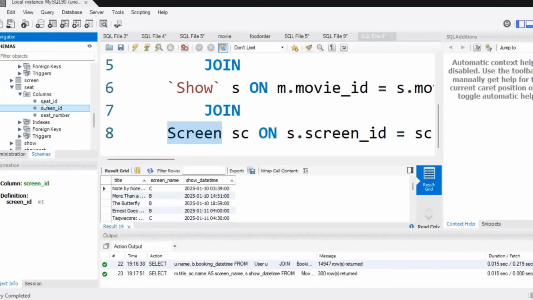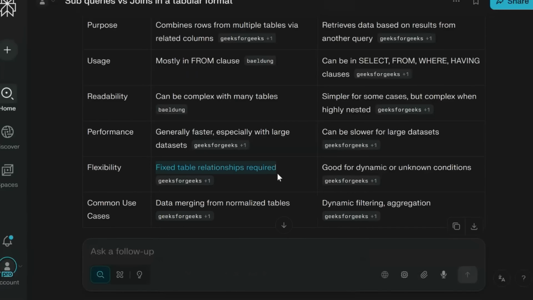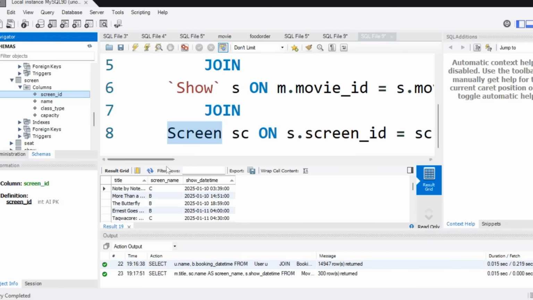So as you can see, in the screen information, there is no movie ID. So since there is no foreign key, is it possible to join it? No. I do not say this; your LLM is saying that there must be a fixed table relationship. Otherwise, you will not be able to join. Okay. So since in the screen table there is no movie ID,